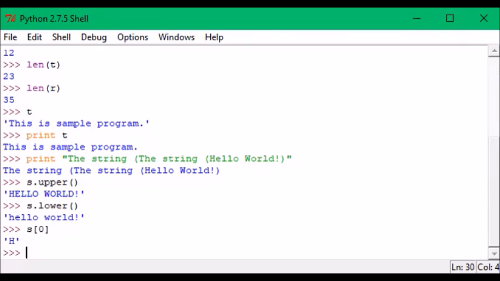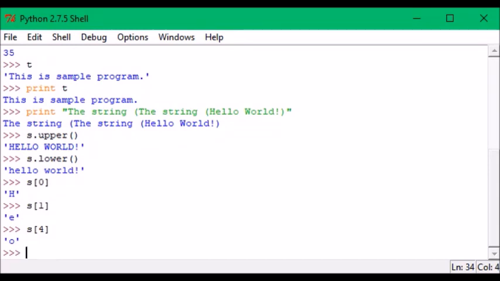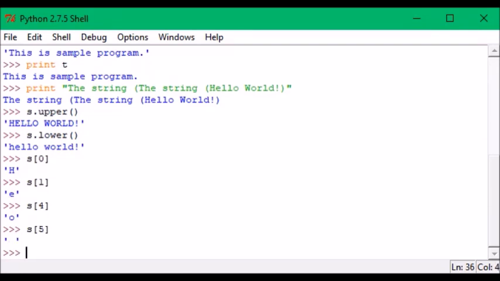Again if you want to find the second character, then we'll find that E. Likewise, if you want to find the fifth character, that means serial number 0, 1, 2, 3, 4, we can find that it is an empty space. So likewise you can find all the characters.